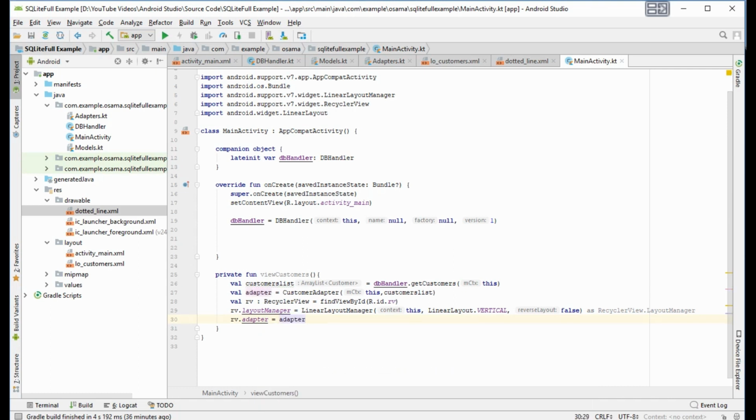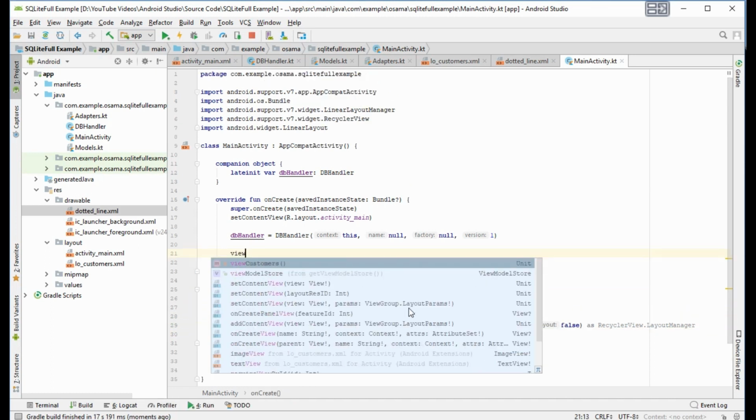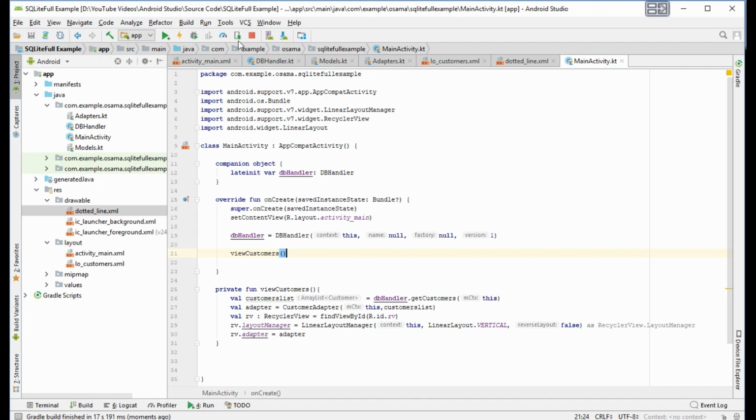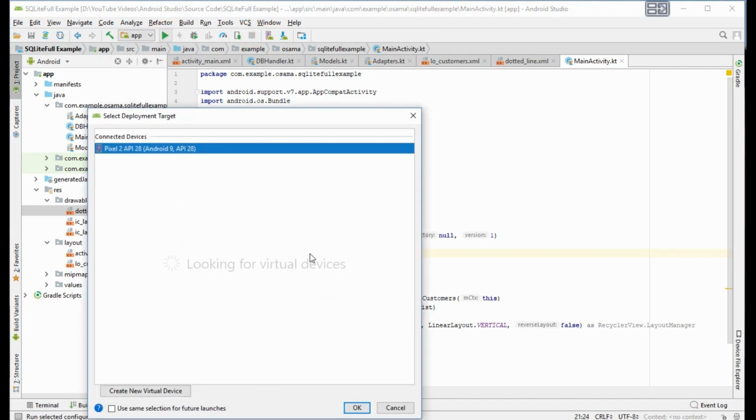Now here we inflate the result of the query inside this recycler view, customers, and now we want to run.